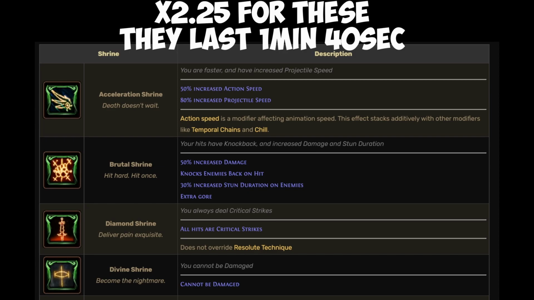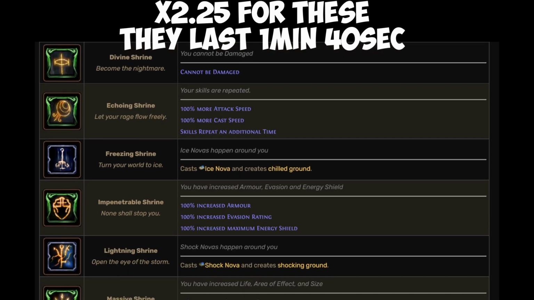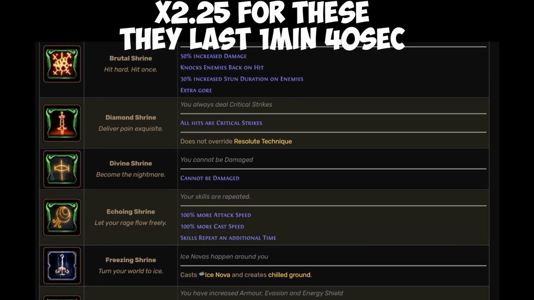50% increased damage. Okay, well, that doesn't seem like that's that bad either, right? That's 125% increased damage. All crits hit. It doesn't get scaled. Cannot be damaged. Then we get into like Echoing Shrine. 100% more attack speed. So that would actually be 225 attack or cast speed and an additional projectile or repeated